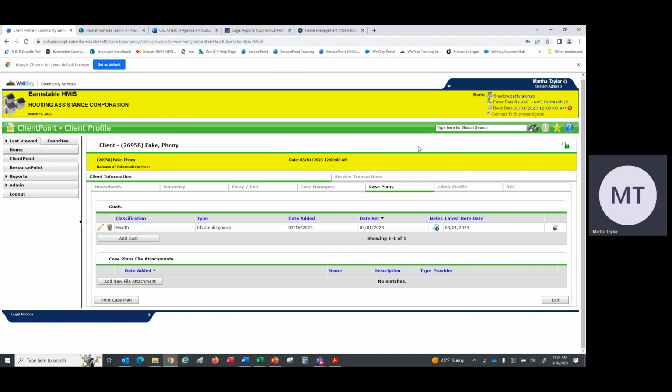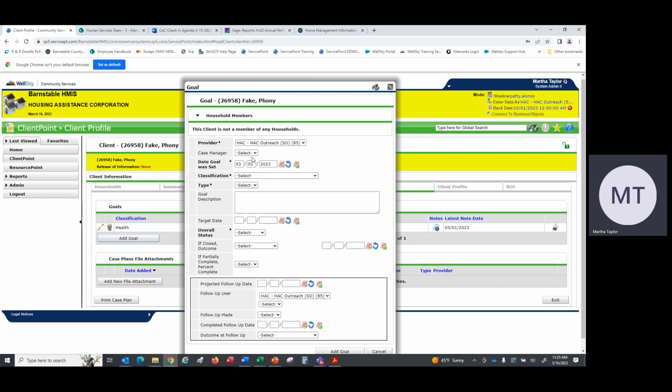Now, if on the same day, on March 1st, at the same time you were seeing this client and you were helping the client set up an appointment at Duffy, during that same interaction you also help the client with another service, you should add another goal for that specific service. The reason for doing that is so that you can track every service that you provided at every interaction. So I'm going to add a goal, and once again, the provider or the project auto-populates,